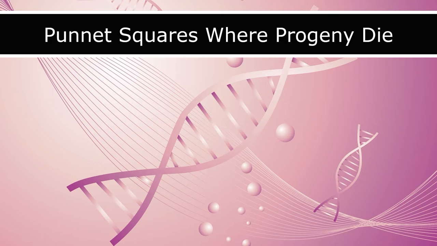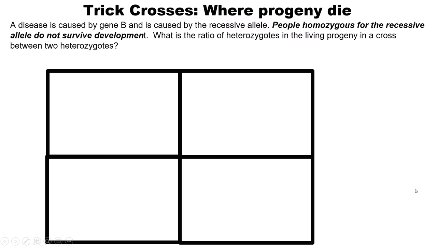So the first one that we're going to talk about is the Punnett squares where progeny die. So you'll have some standard setup, right? Like in this case, let's say I have a disease B caused by gene B, and you only have the disease when you're homozygous for the recessive allele. But people who are homozygous for that recessive allele do not survive development. And so the question might say something like, what is the ratio of heterozygotes in the living progeny in a